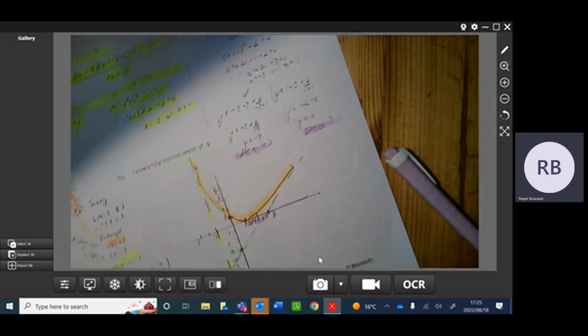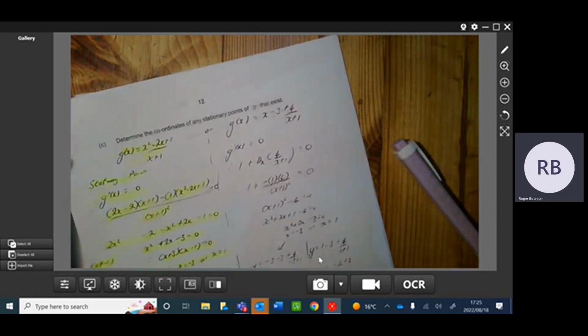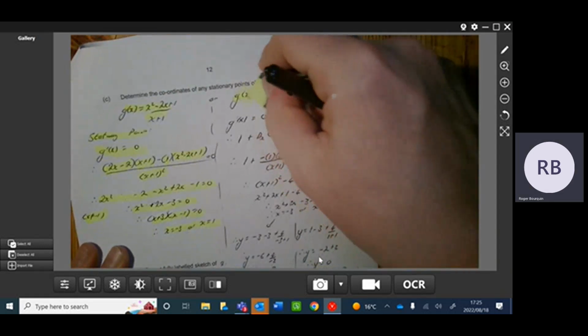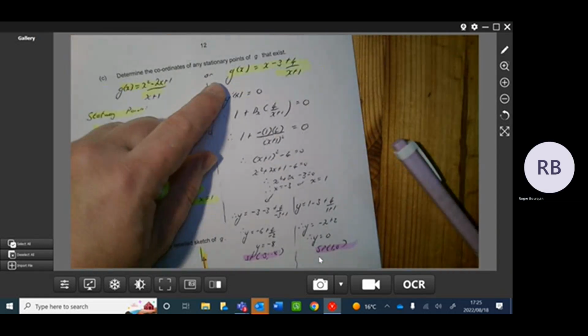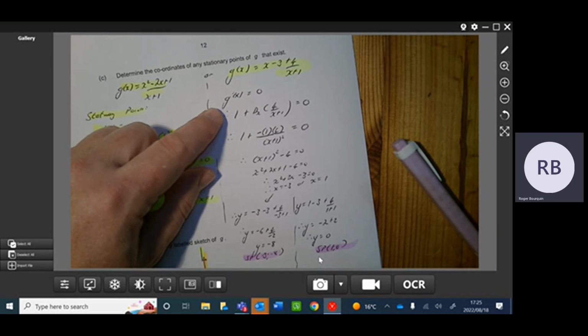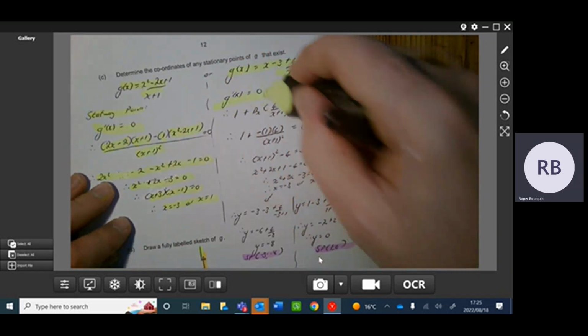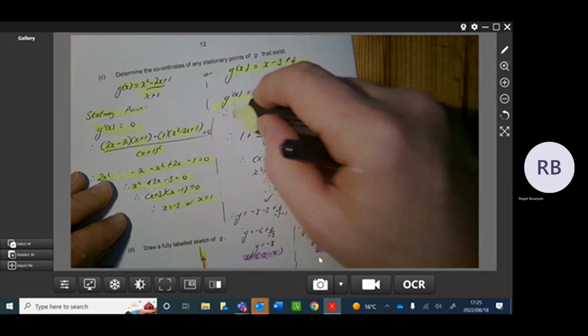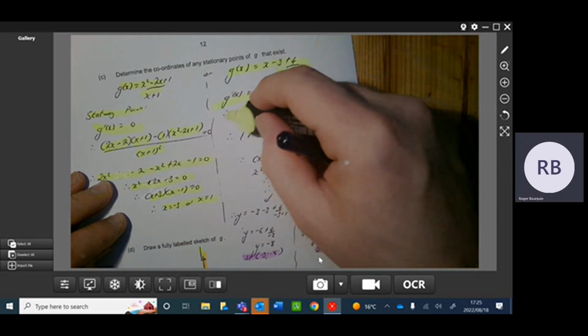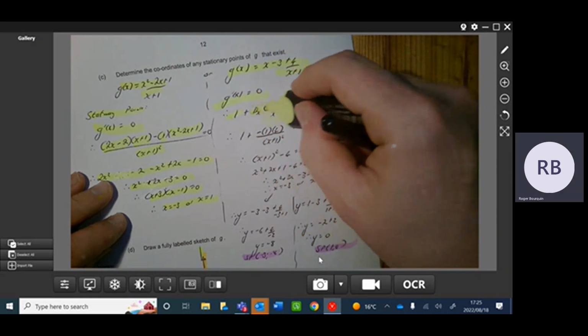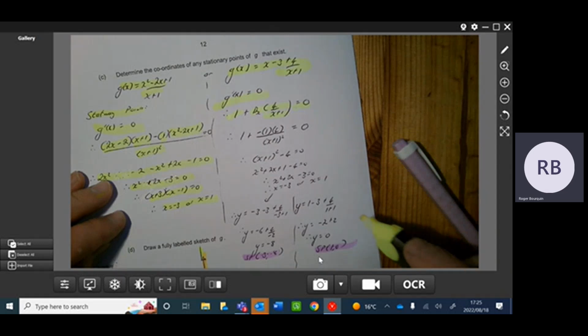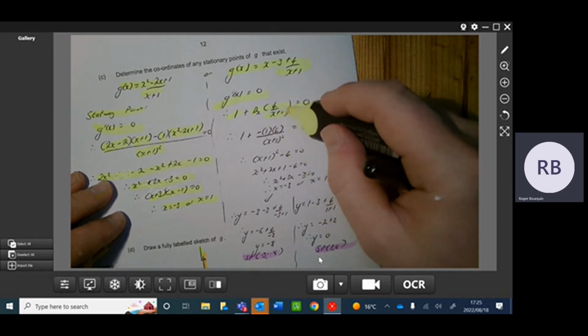The alternative method, which I generally prefer: in the previous page, we worked out that after division, this whole thing, g of x, became x minus 3 plus 4 over x plus 1. So you could work with a simplified form if you wanted to. Either way is equally correct. So if I use g of x is equal to x minus 3 plus 4 over x plus 1, and